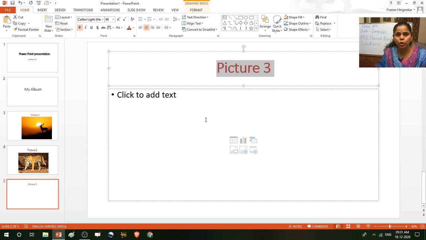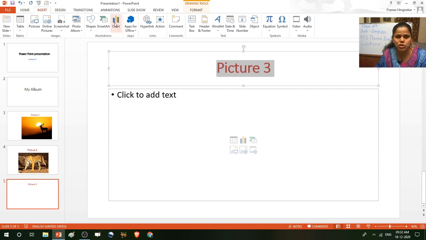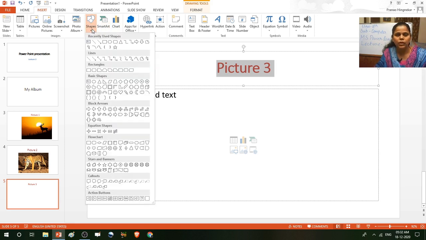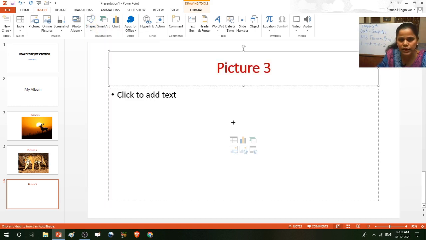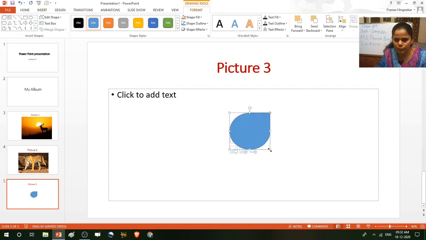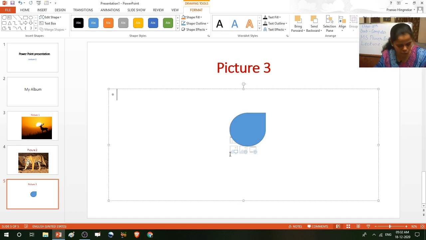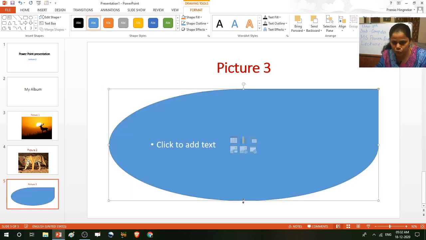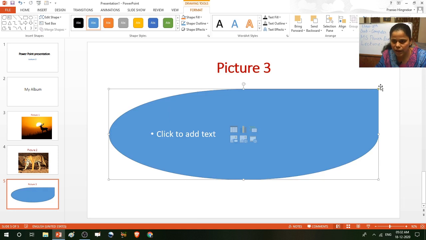Okay, if you want to insert any shape, then insert, then shape. Where is shape? Here. Click on the shape command from the ribbon and select any appropriate shape here. Okay, so then select, draw this shape. If you want to make any specific design using this shape, then select this shape, then Control C. Control C is for copy. Then again Control V. Control V is for paste. So you can change the size of this picture.